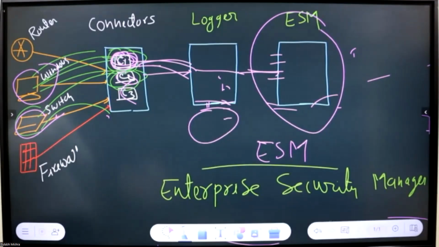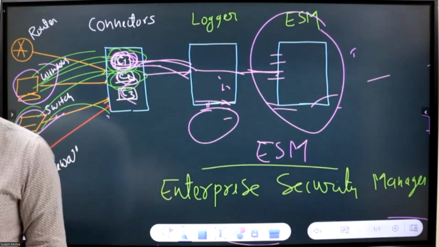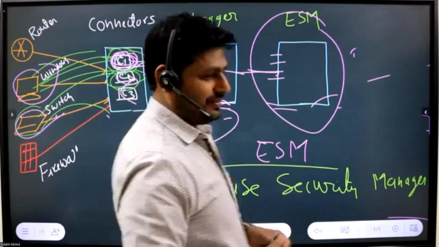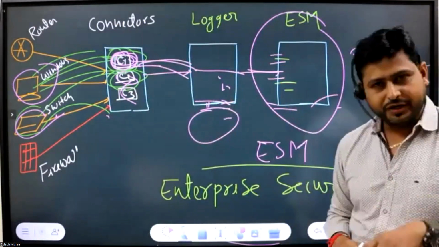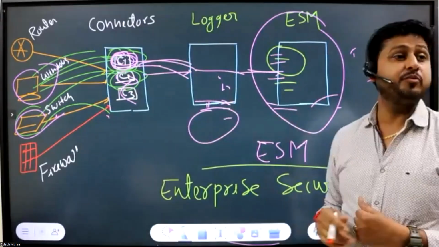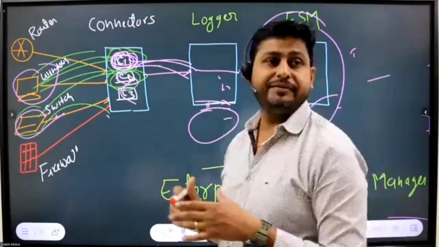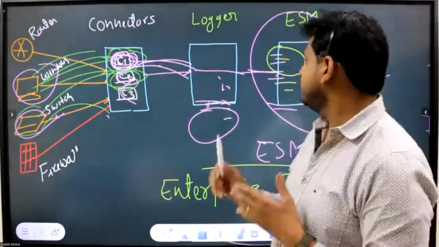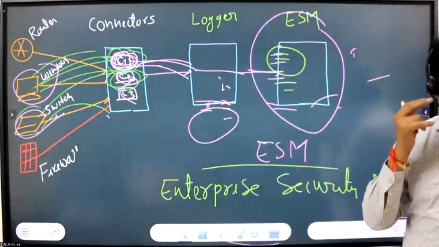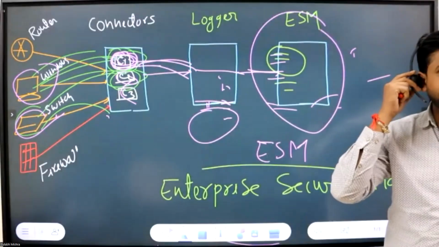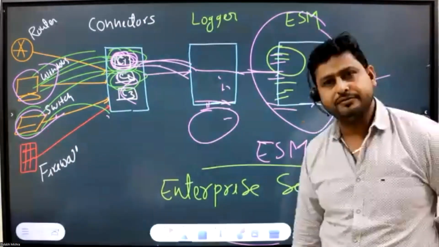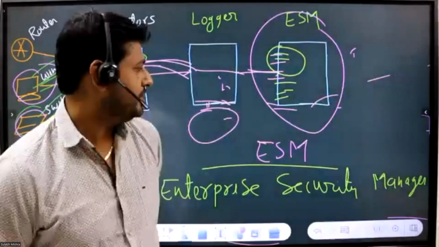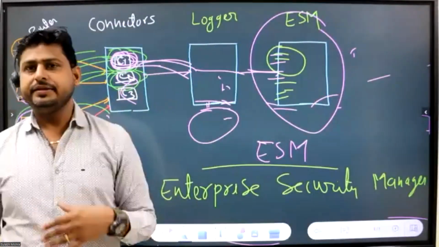Sir, are those correlation rules predefined rules? No, some are predefined. Last time we understood that some are predefined and some we need to create, and those which are predefined we also have to modify, because every organization may have different requirements. So some correlation rules come out of the box on the SIEM, but you might have to modify them, that means fine-tune based on your requirement, and some of the rules you might have to write yourself. We call that a customized rule. Okay. So you write, ESM stands for